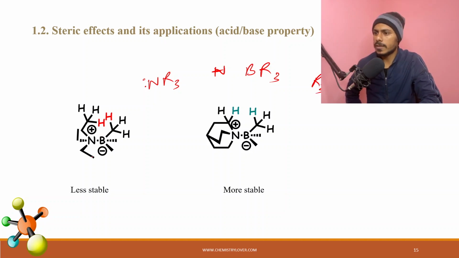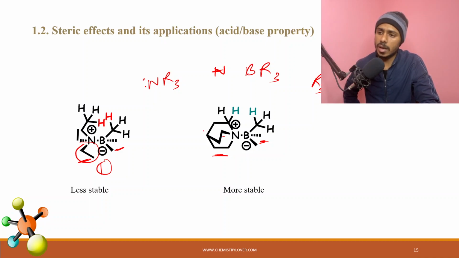In the first case, for nitrogen the R group is the ethyl group, and for the boron compound it is BMe3. In both cases it is BMe3, but in the first case the amine is triethylamine, while in the second case it is a cyclic amine, which is similar to triethylamine, but you can think of it as if the triethylamine is tied in the back, so it cannot move freely. What will be the consequence? Because it cannot move freely, the hydrogen atoms on the